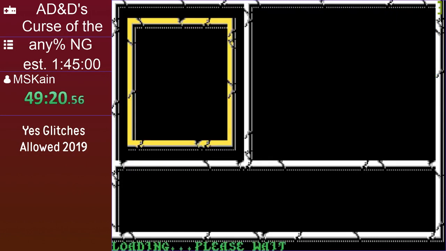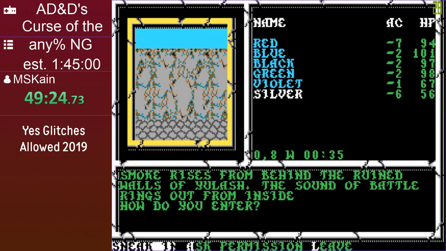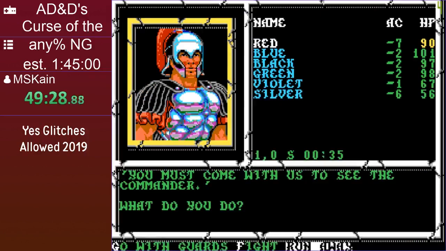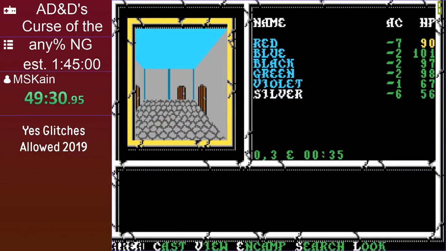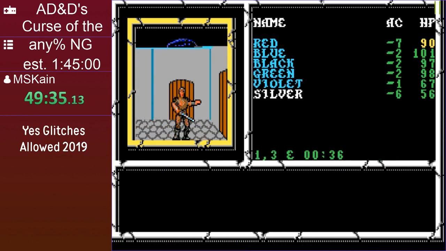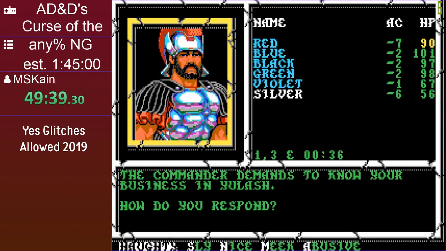We're going to go ahead and camp and save just in case, because I am neurotic and need to do that. We ask permission. We get hit by a horse on the way out. The guards come. We parley with them. Go with the guards. We can save the game again here. Step forward. Sentinel troopers are here. We let them go. They're angry at us, but...